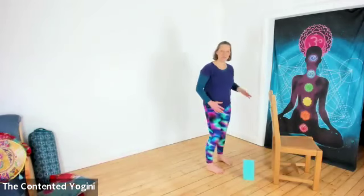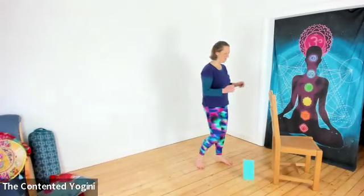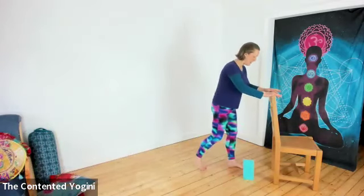Very good. And you'll notice that sometimes it's the standing leg that feels like it's done all the work. And that's because it is stabilizing for the movement happening on the opposite side of the body. Nice little trick there. So we're going to do a little down dog in between, hands onto the chair and